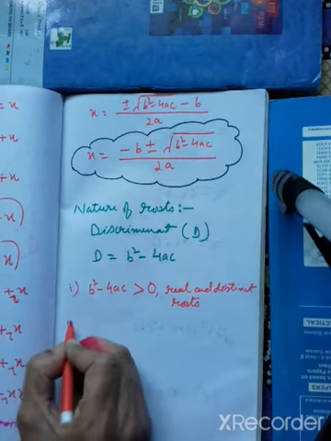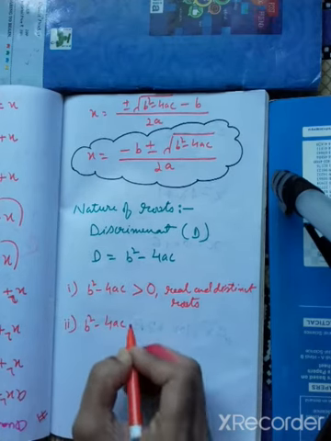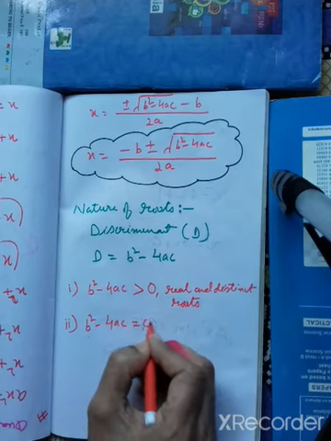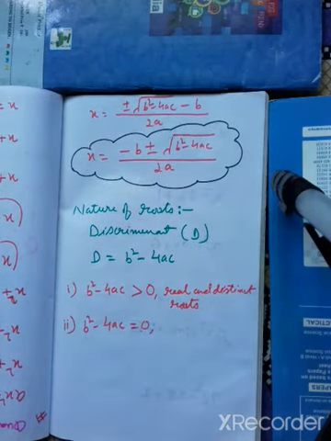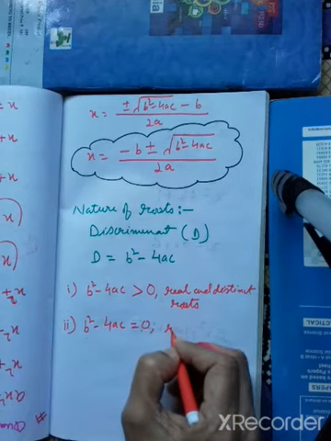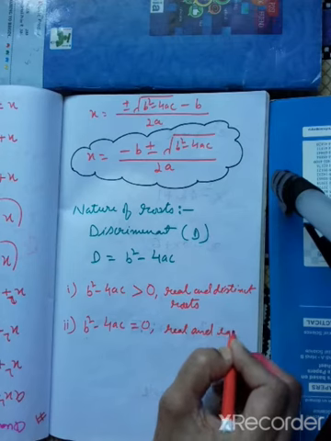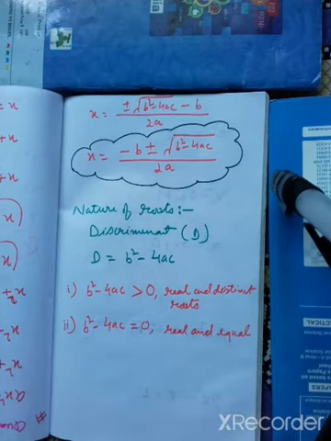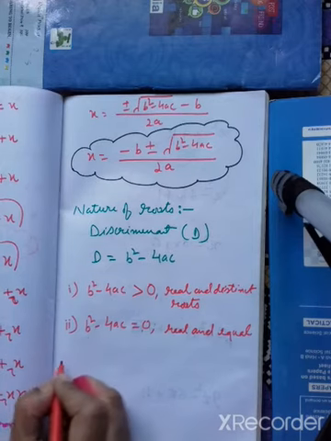Case 2. If b square minus 4ac is equal to 0, then the roots of the given quadratic equation will be real and equal. Real and equal means both roots are the same, like 2, 2 or 3, 3 or minus 1, minus 1. And the third case is